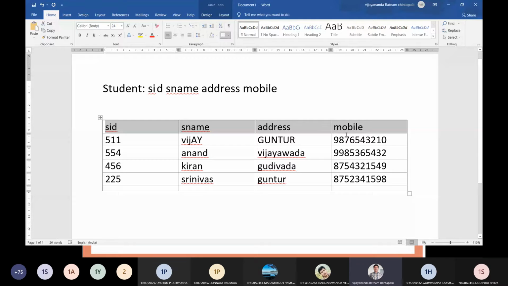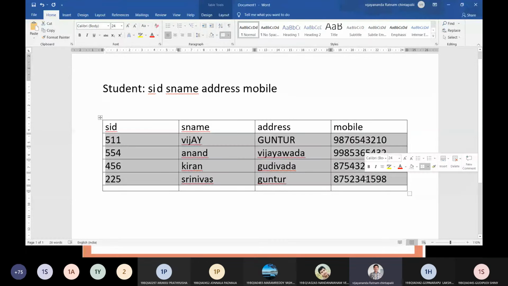The number of tuples or rows in a relation is called cardinality. The cardinality of this table is 4, because 4 rows are available.